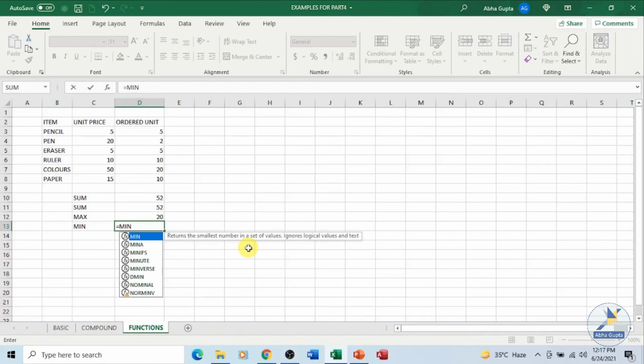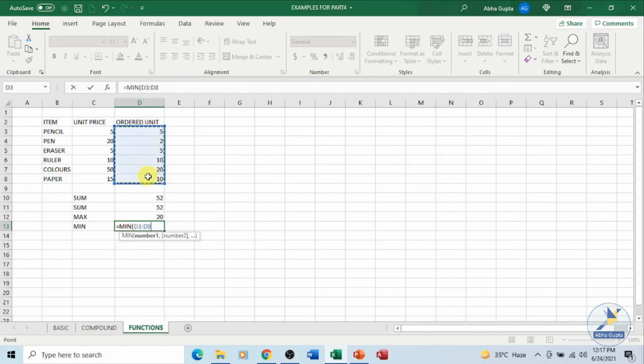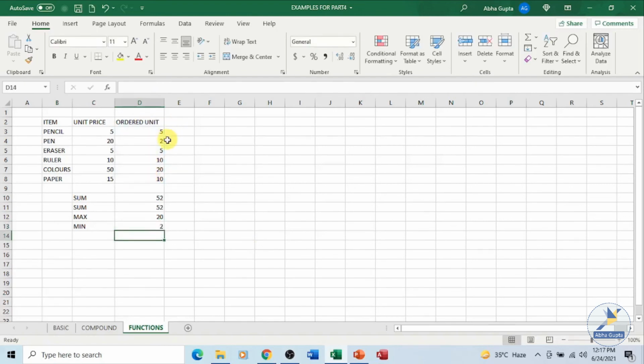If you want, you can choose from the list which has been provided. Opening parenthesis, my range D3 to D8, close the parenthesis and press the enter key. Now you can see over here, for this item pen, the minimum quantity that has been ordered is 2 from all the items which are available.